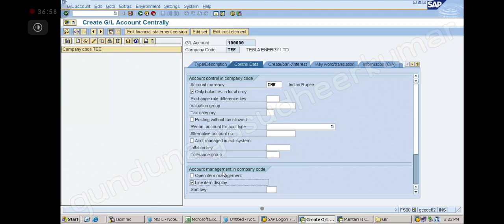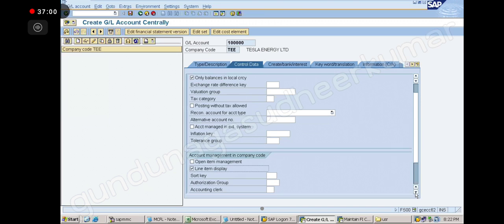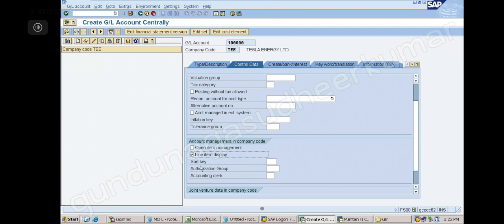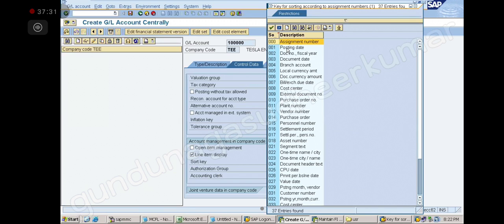Now, next: the line item display sort key. Sort key is how I want to see the transactions. On what basis do you see a mini statement? Date wise, right? On which date what happened. Here in SAP we have many options: you can see date wise, branch wise, cost center wise, vendor wise, purchase order wise.